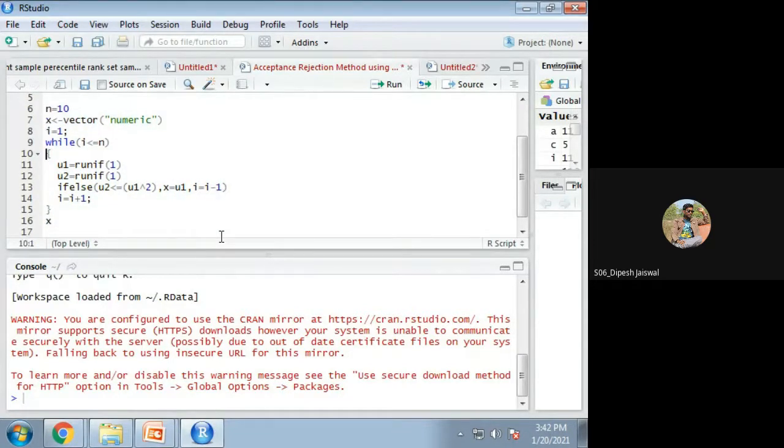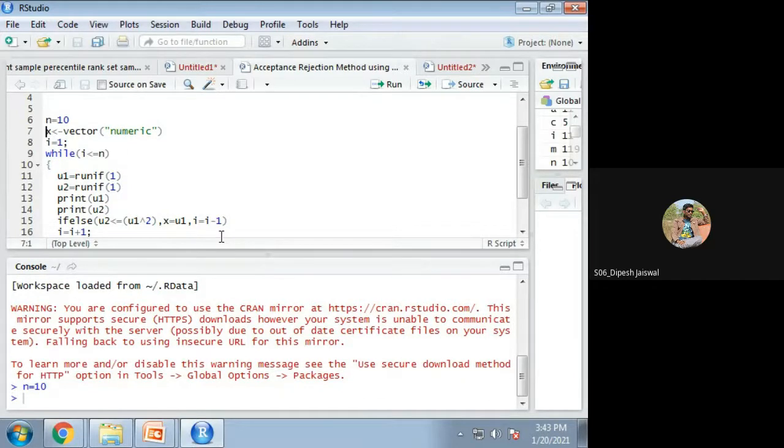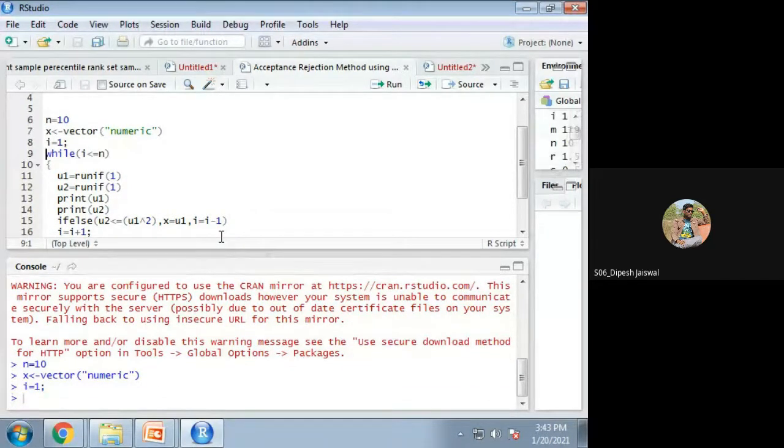And you can also verify by printing. If you wish to see this, you can print u1 and print u2 so that we can verify. Let us see what happens. To run this, control enter. Now while i is less than or equal to 10, yes,